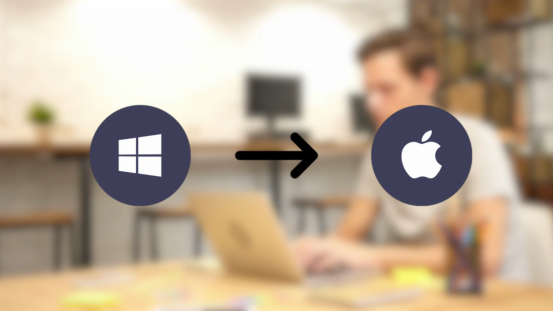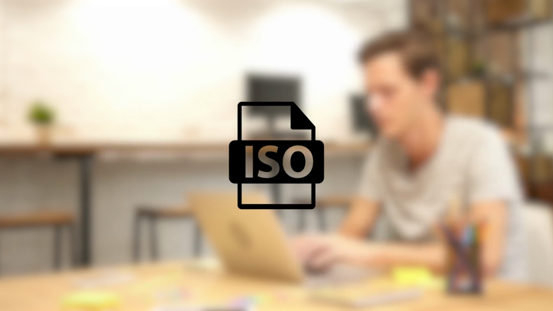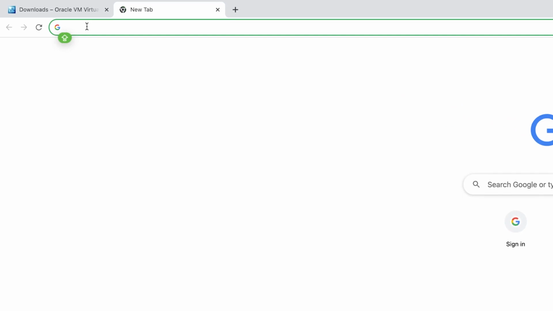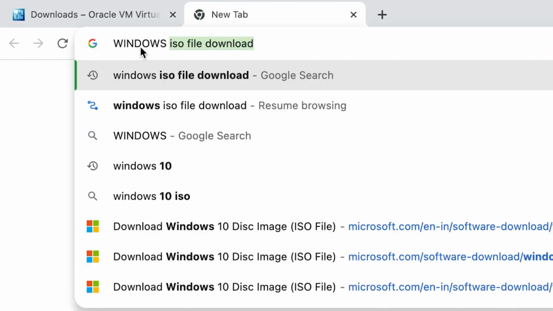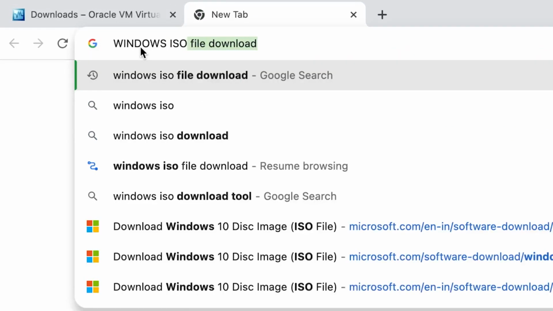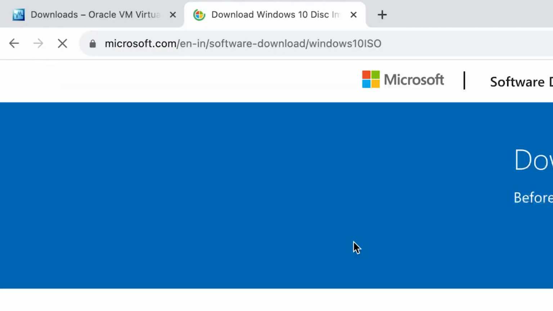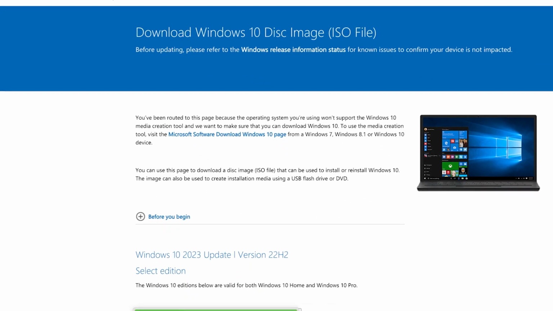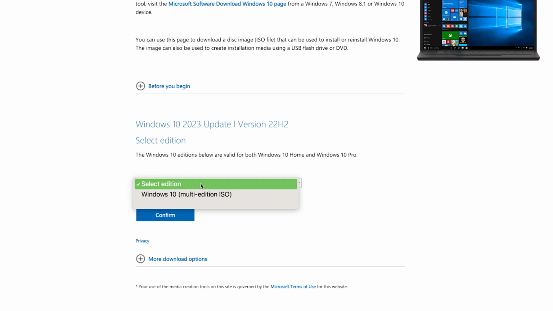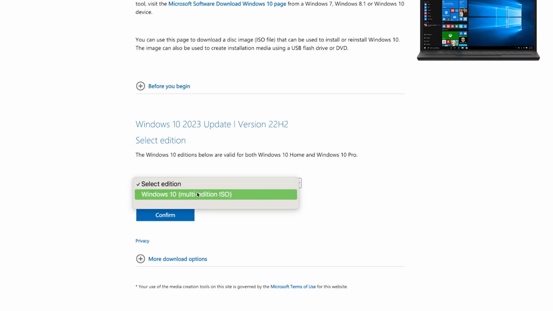As I told you in the example, you want to run Windows operating system in Mac machine. So for that you require an ISO file for Windows operating system. So let's see how you can download the ISO file from browser. Go to the browser and search for Windows ISO file. Then go to the site and select the edition. Now Windows 10 ISO file is available on its official website. So select that,